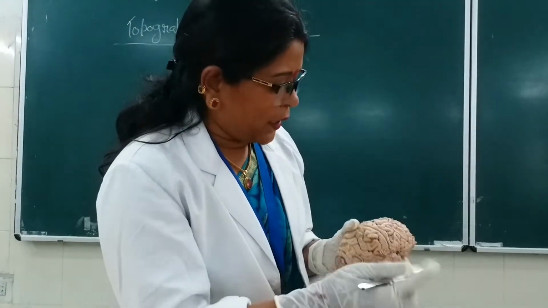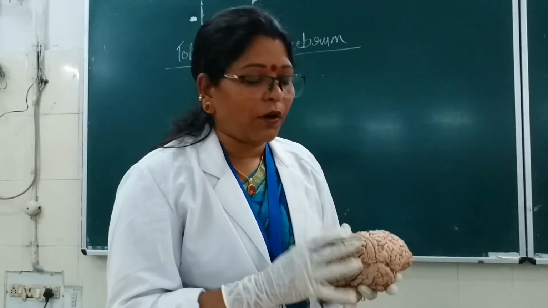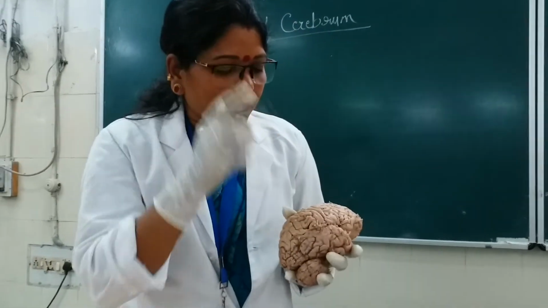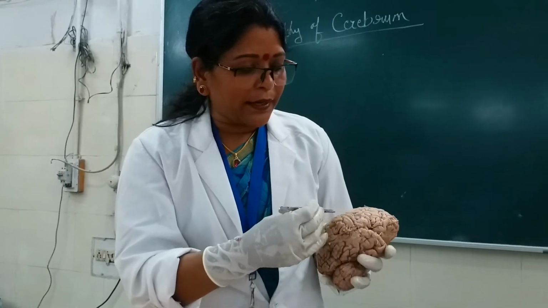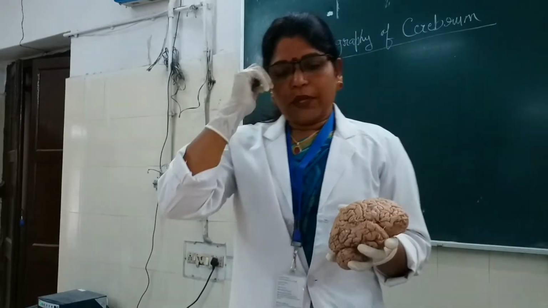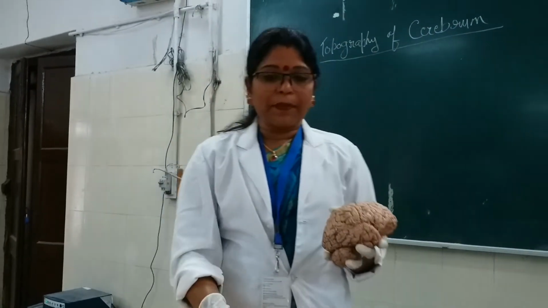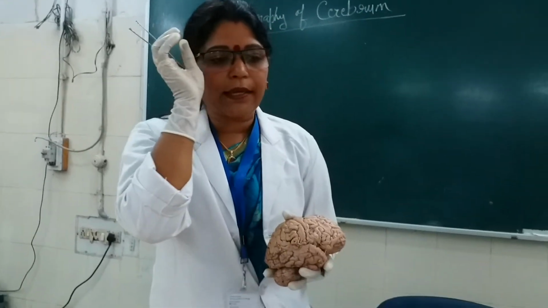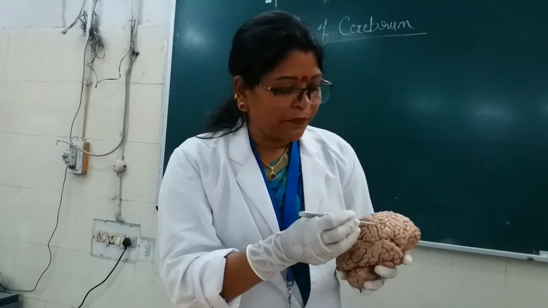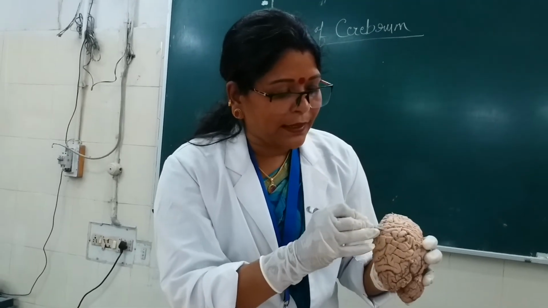Now one by one the different gyri of each lobe. What does it mean and how does it function? Okay. Now see, this is the precentral gyrus. Brodmann mapping is done for the brain areas, which is known as Brodmann's area. Which area is represented here? The primary motor area? Area number 4, ma'am. Very good. Area number 4.